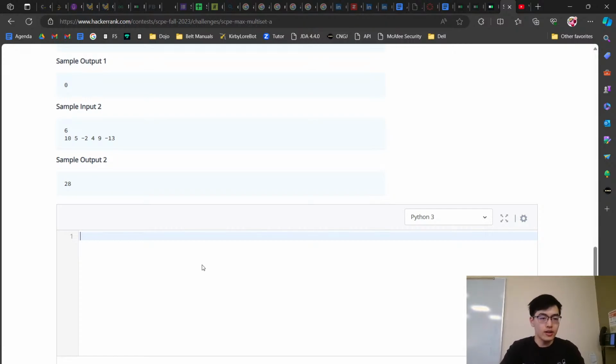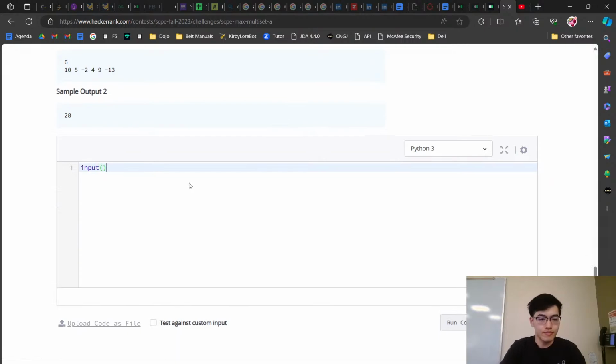I'm gonna write this in Python because it's fast and most people know Python, I'm guessing. Most are Python people, yeah? We're gonna start with just input. That is going to get the first line of input. This 6 is gonna be how many things are in the list. In Python though, we don't really need the first number because Python lets us easily turn this one into a list just with this. Array equals list map int